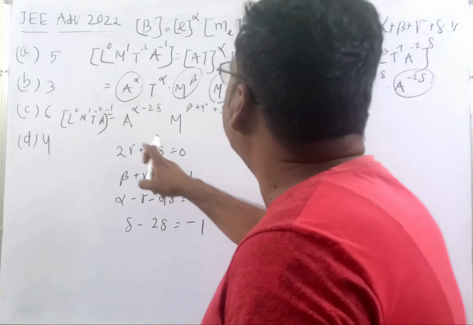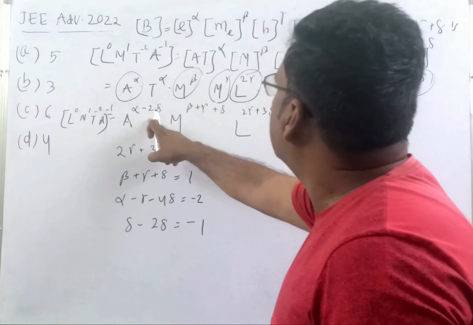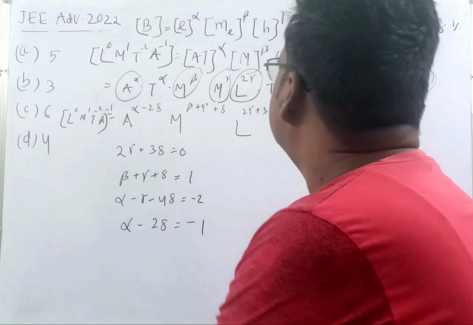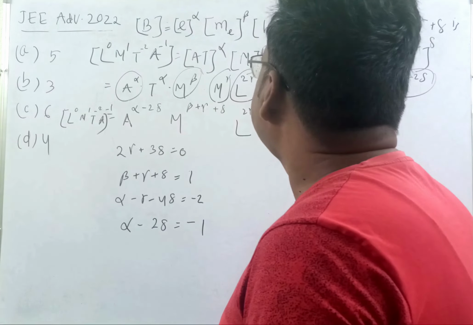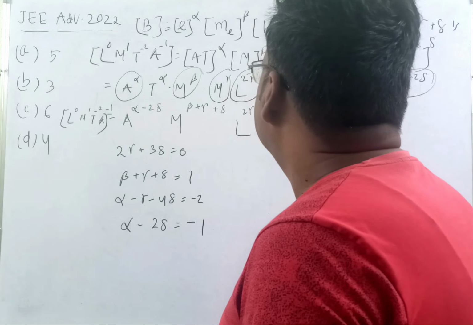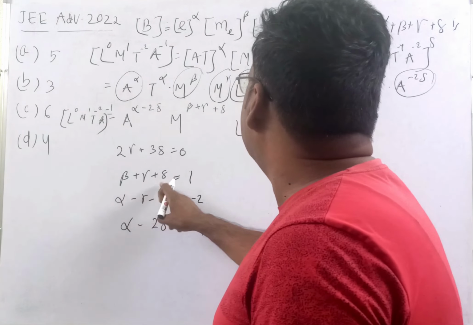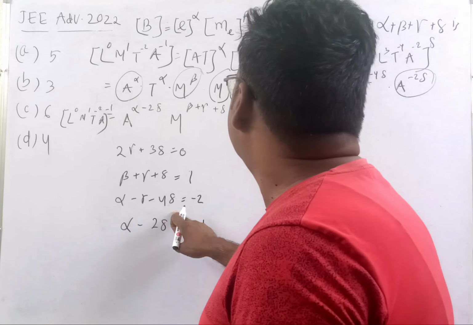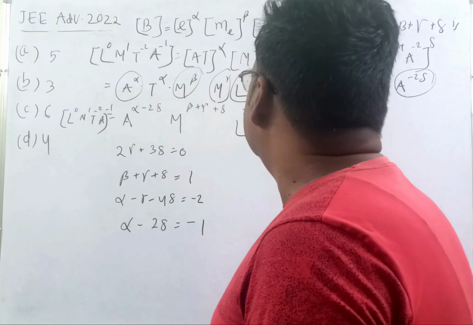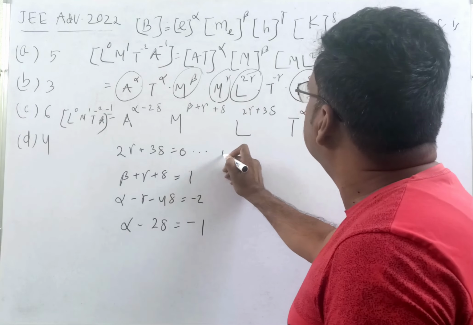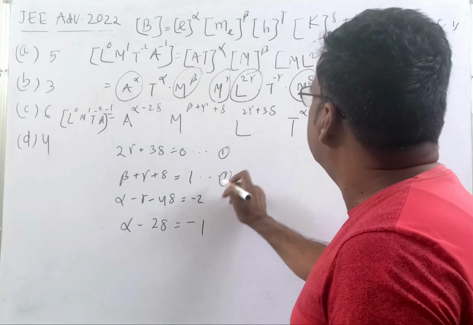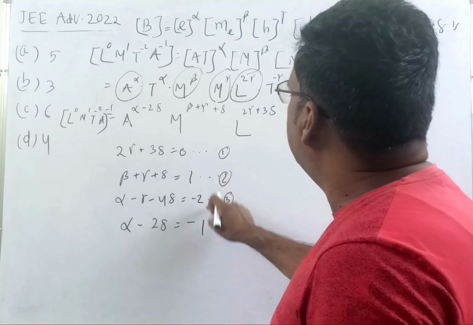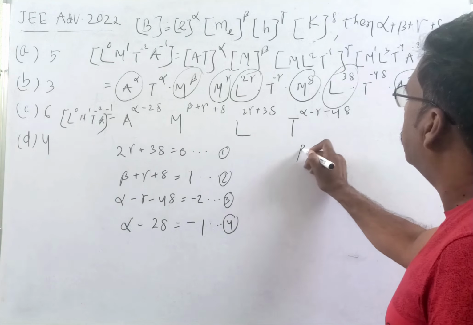Okay, A to the power minus 1. What is A? It is alpha minus 2 delta. I wrongly wrote it here. Okay, students. Then here beta plus gamma plus delta and alpha minus gamma minus 4 delta. Okay, students. Then this is equation 1, this is 2, this is 3, and this is 4. Okay, students. Let us add equation 2 and 3. We write it here beta plus